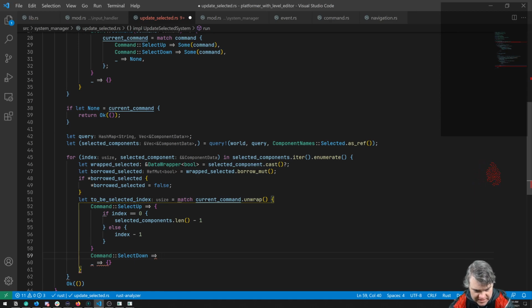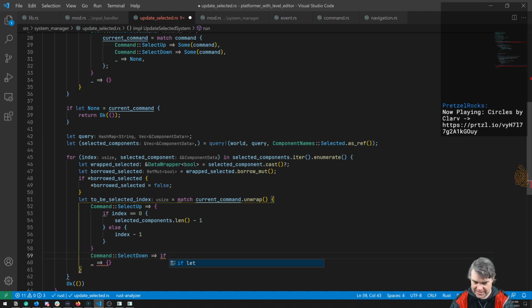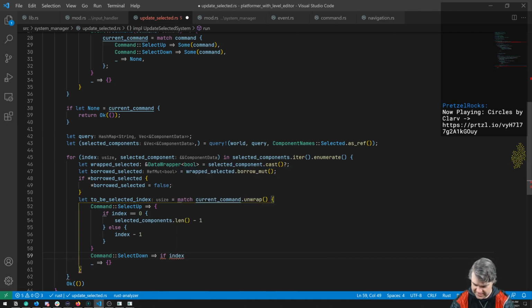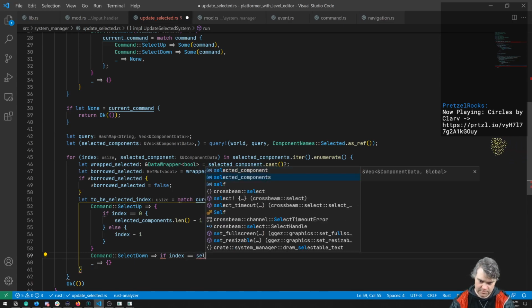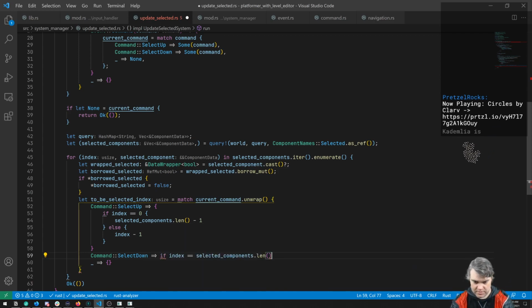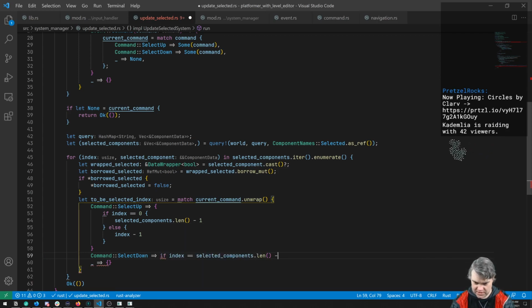Now I wonder, can I do this just right here? If index is equal to selected components dot length, so we're going up now, minus 1, then I want to return 0. Otherwise,